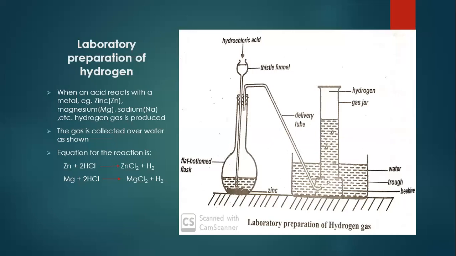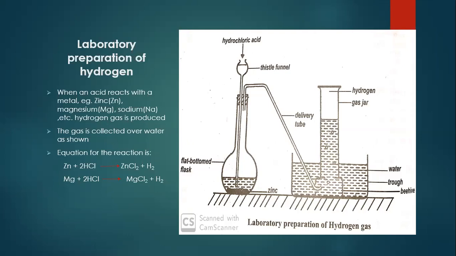Then you need the two components that will enable the gas to be released: the hydrochloric acid and the zinc, or any other metal such as magnesium, but preferably zinc. Now what happens is that the hydrochloric acid is poured down through the tester funnel into the flat bottom flask, in which the zinc is found. At the point when the reaction is taking place, the gas that is being produced